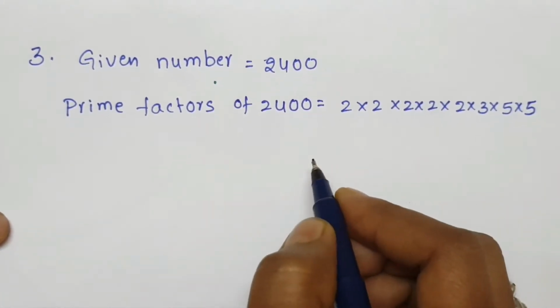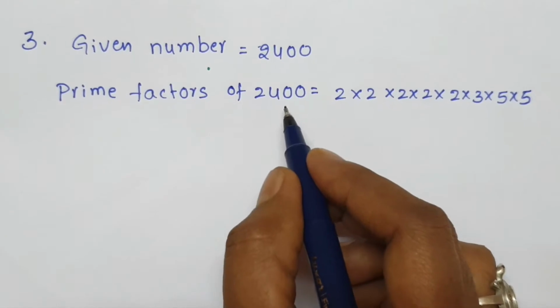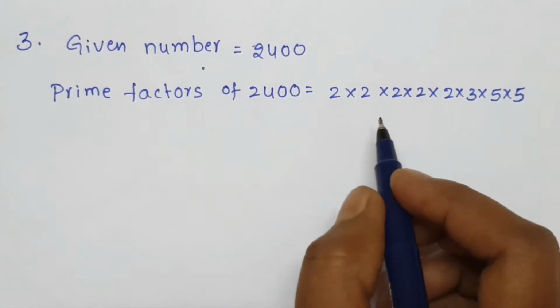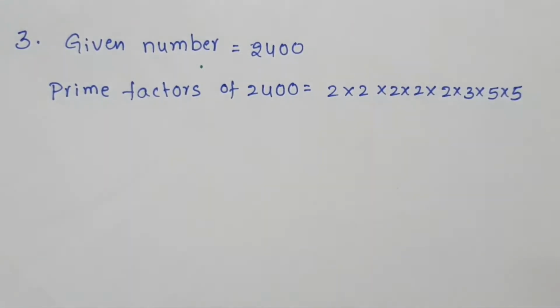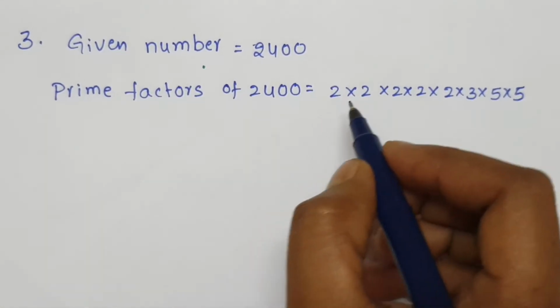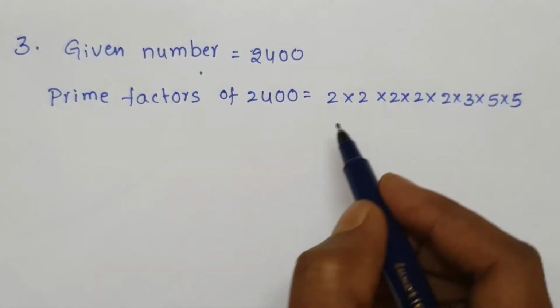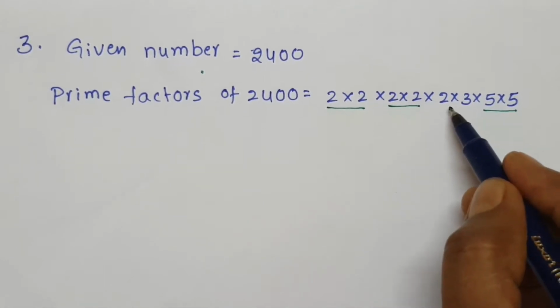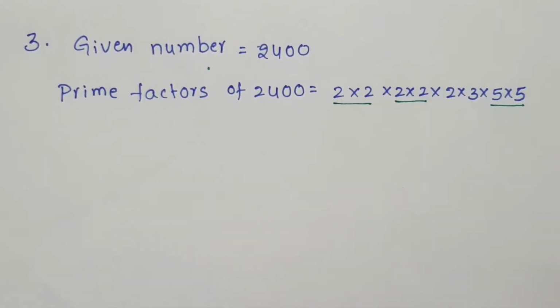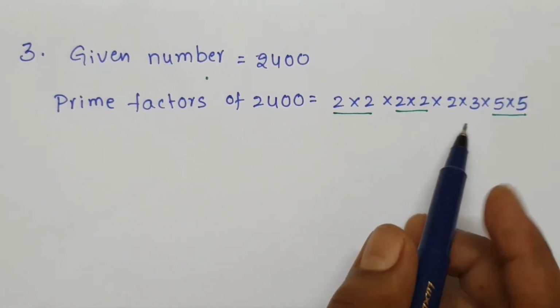In that prime factorization, use all prime numbers. Do LCM in that 2400 with the prime numbers. Why? Because this is the prime factorization method. That's why use all prime numbers. Here pairs observe. Here 2, 2, 5. Here 2 into 3. We want to make it a perfect square, means the extra will be 2 into 3.